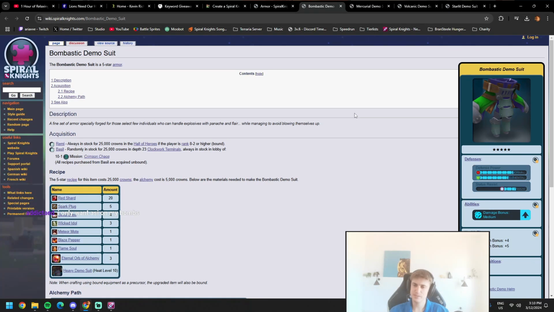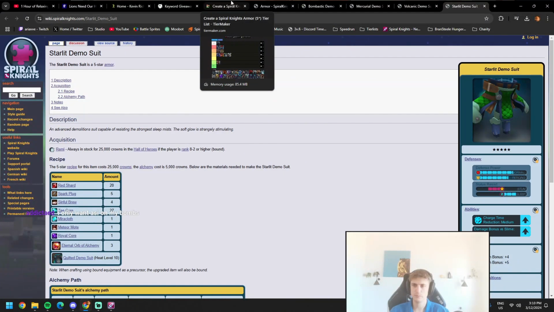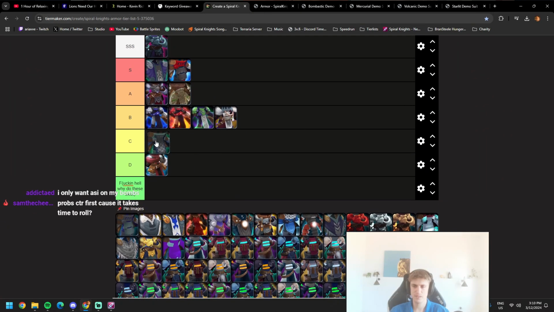I think damage bonus is better. So bombastic would be up. I think this would be lower. Yeah, I think Starlit Bomber Set is kind of like D tier. Probably CDR first because it takes time to roll. I mean, yeah, but